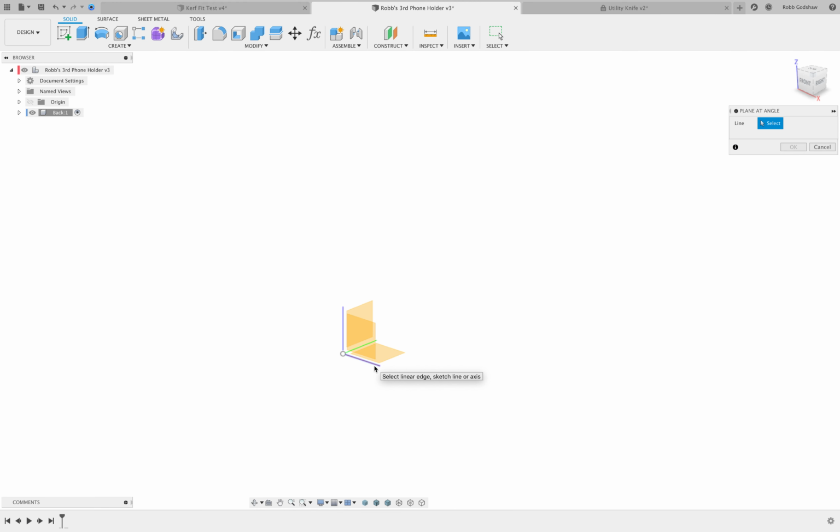It's come to my attention that my axes are different than yours. I think that might be a setting I have. But you want to click the axis that lives underneath front, and then you want to rotate it this way, and replace this number